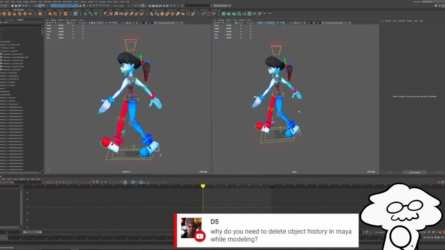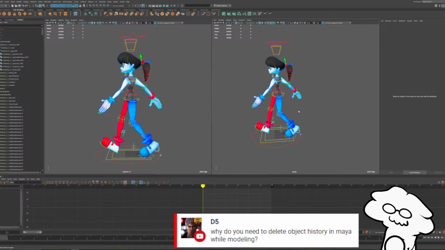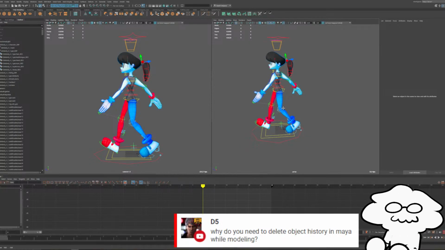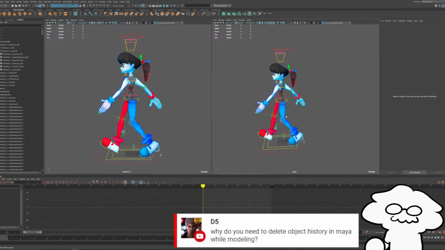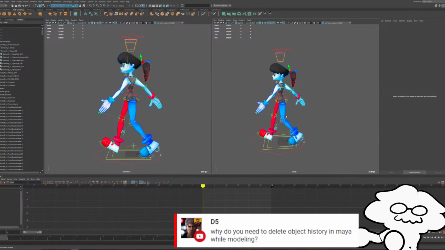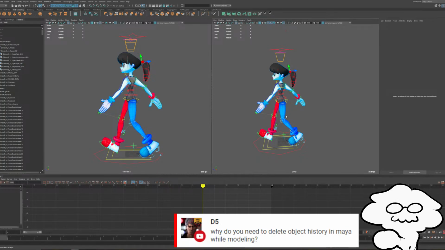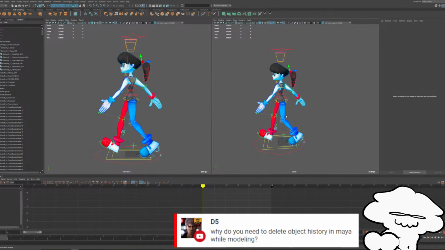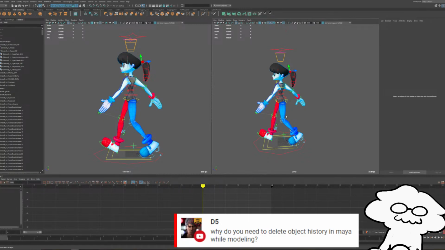Yes, it is a little bit like Fusion 360, but not in the way that gets in your way. With Fusion 360, it's built to work that way. But whenever you remove certain things you do in Maya, it can break everything. Whereas with Fusion 360, because that program is built that way, if you delete a really old step, it will generally not break anything. It'll just act like it never happened.